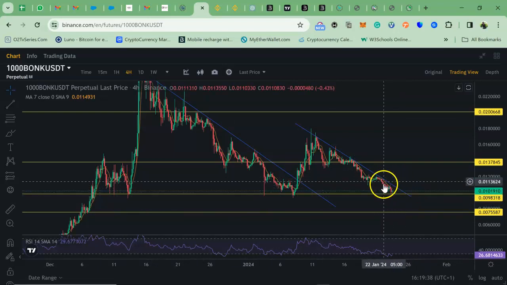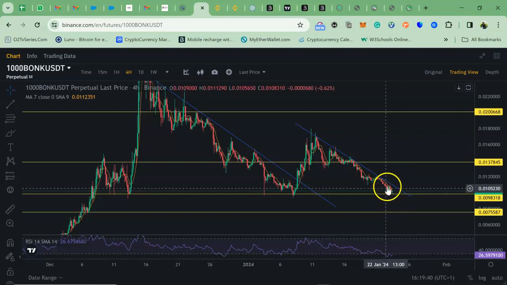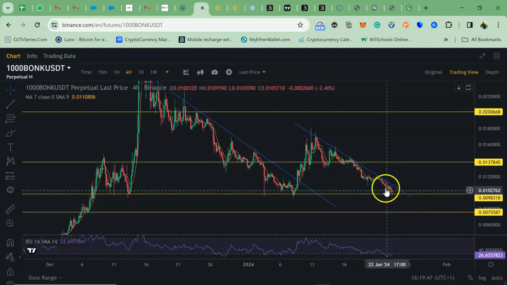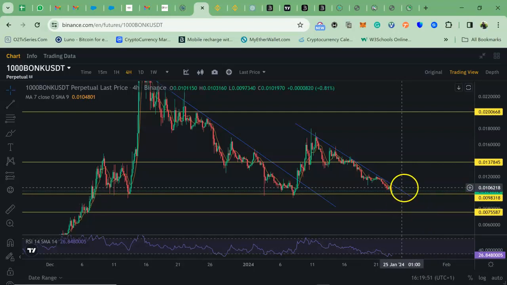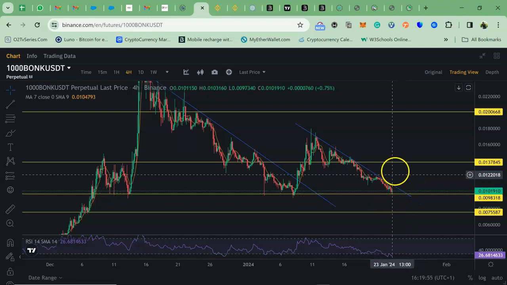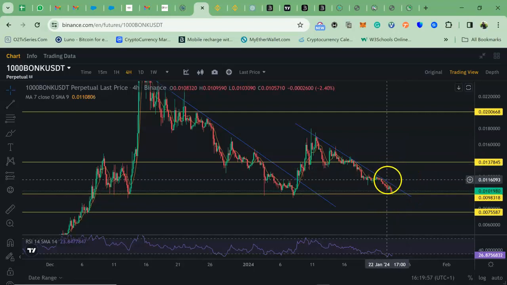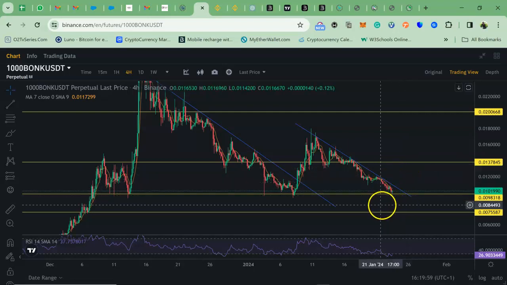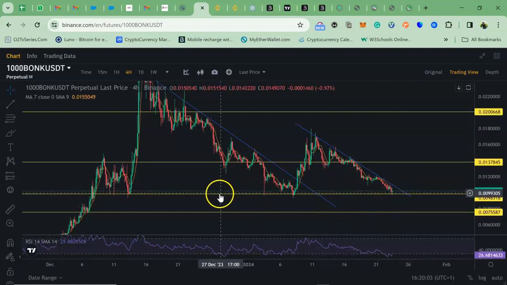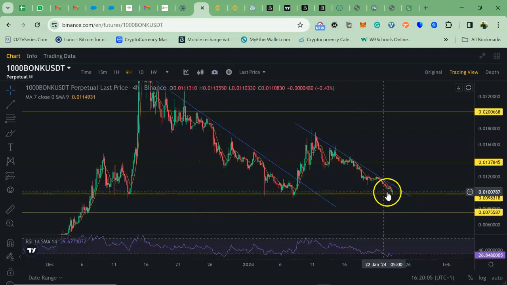This is 4 hour time frame. So on this current time zone, we can see a bounce trying to happen here. Well, this is by no means a confirmation anyways. We need to wait for the candle to close and then look for a reversal signal. But take note that this is a very critical support level, and